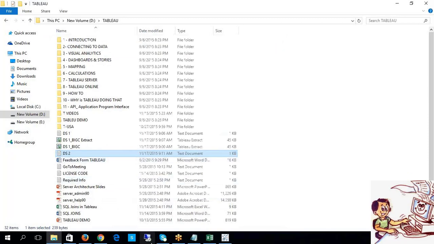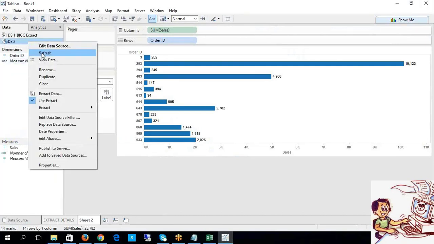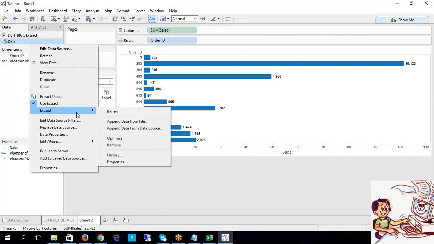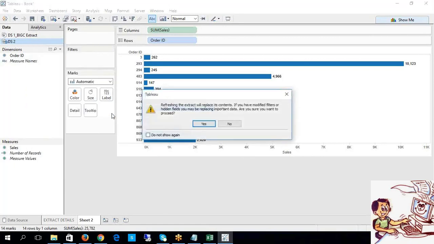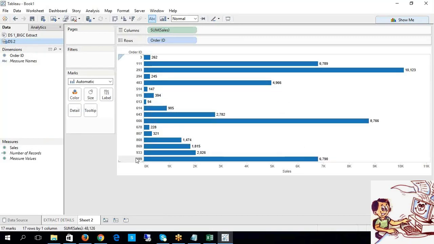Now, since your report is dependent on that respective source, if I simply refresh it, those values are not going to be reflected. I'm going to refresh along with the extract. Come on, what happened? See, now it is reflected. Look at this, isn't it?